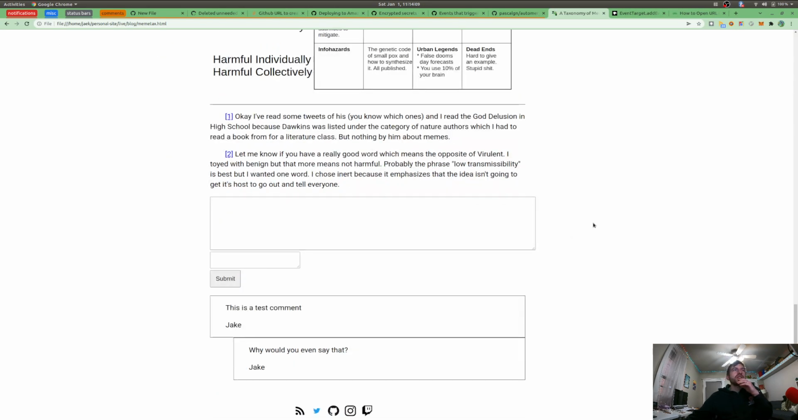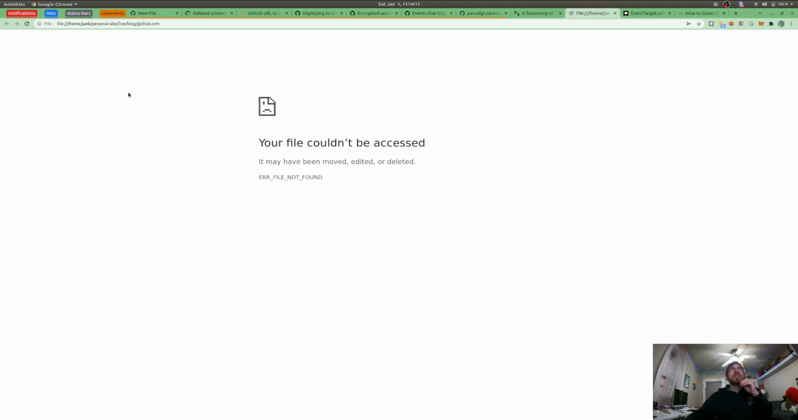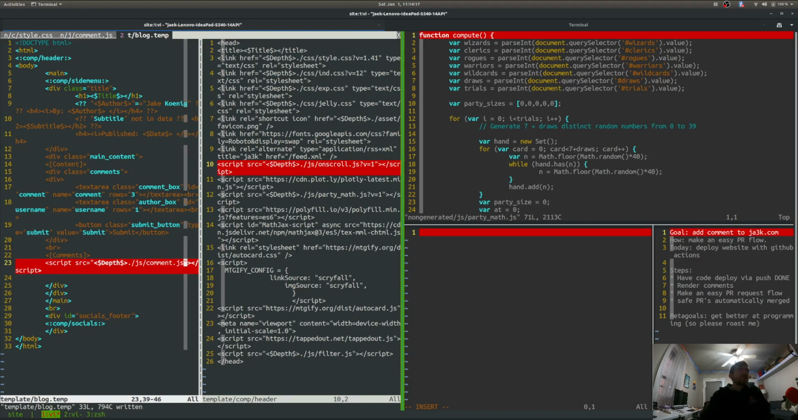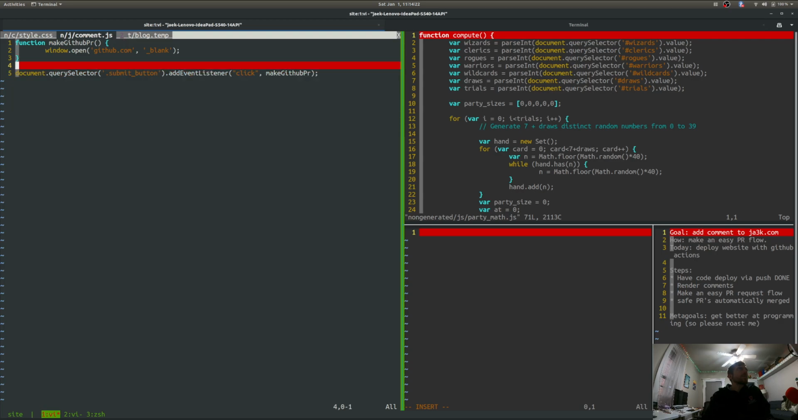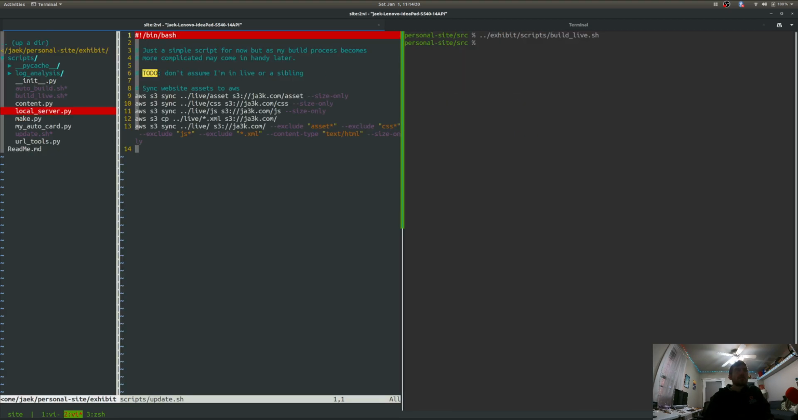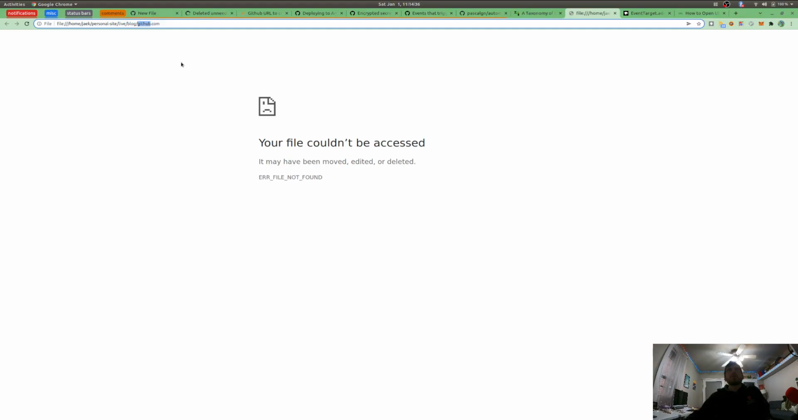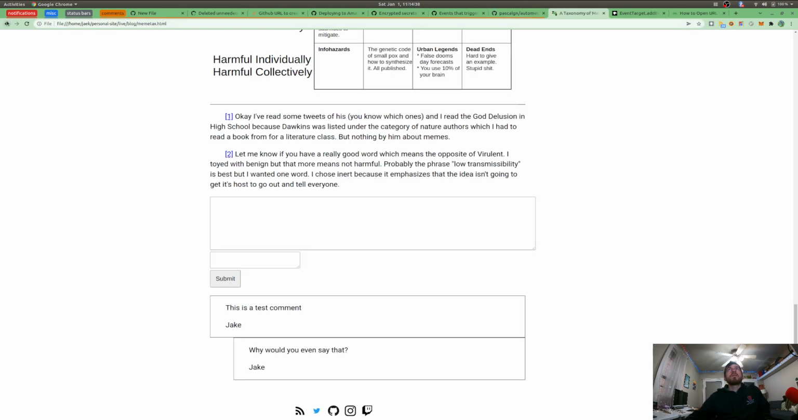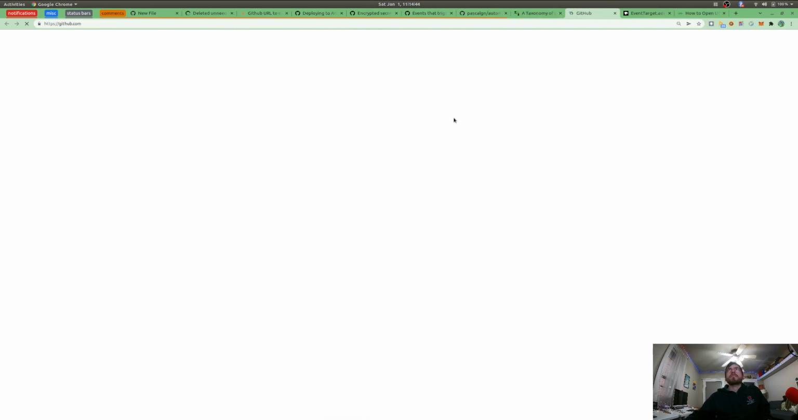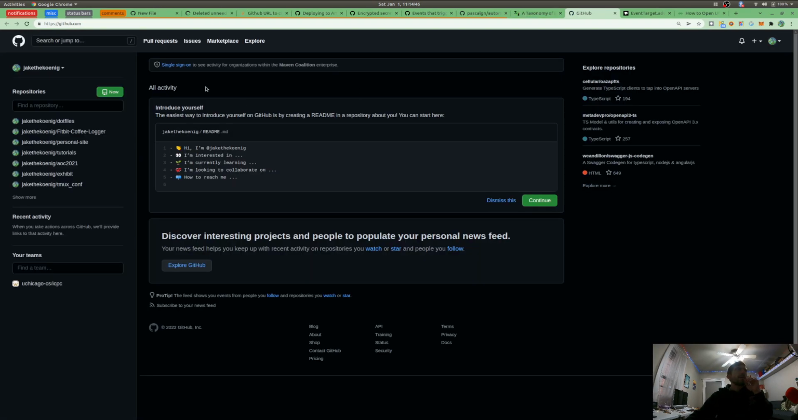So I have to refresh it. Let's see what happens when I click submit. Oh, I guess I just need to put an HTTPS there, but it basically works. Yeah, if you don't do that, it assumes it's a relative path. Oh, perfect. Okay, and now I just need to add